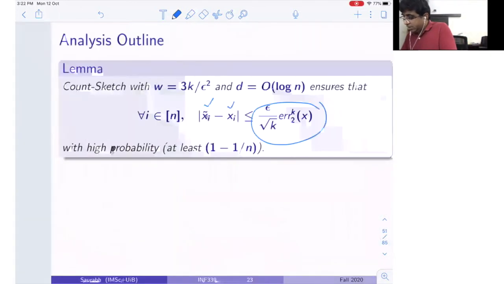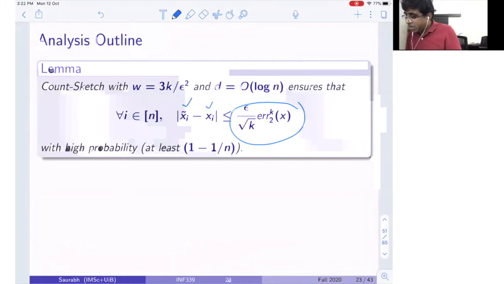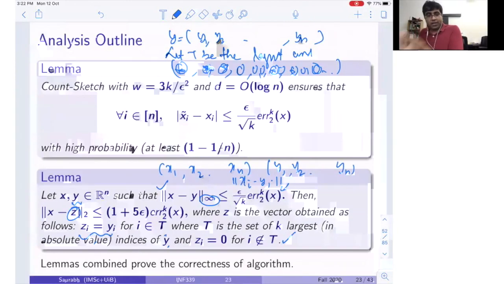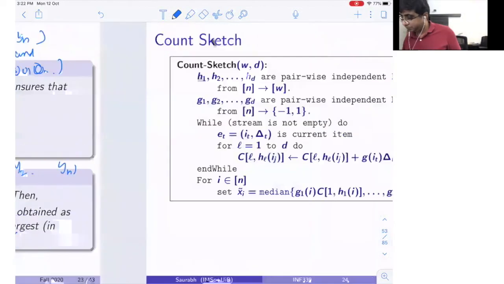And what is the guarantee of x tilde? The guarantee of x tilde is that they are not too far away from xi. And so now if I get z the way I constructed it for you, it will have the property that the z which you have constructed is k sparse and it is as close to the best which is possible, right? So the algorithm is quite simple, but the analysis requires a little bit of a tricky argument.